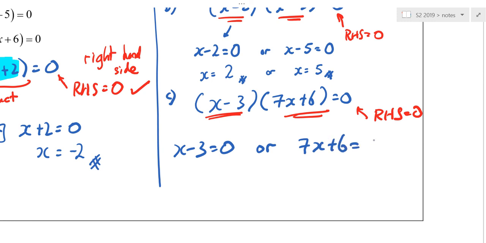I want to find x. I don't want the 7. So I will divide 7 on both sides. So this is the answer. Is that okay? Yeah. Okay. Right, can I stop